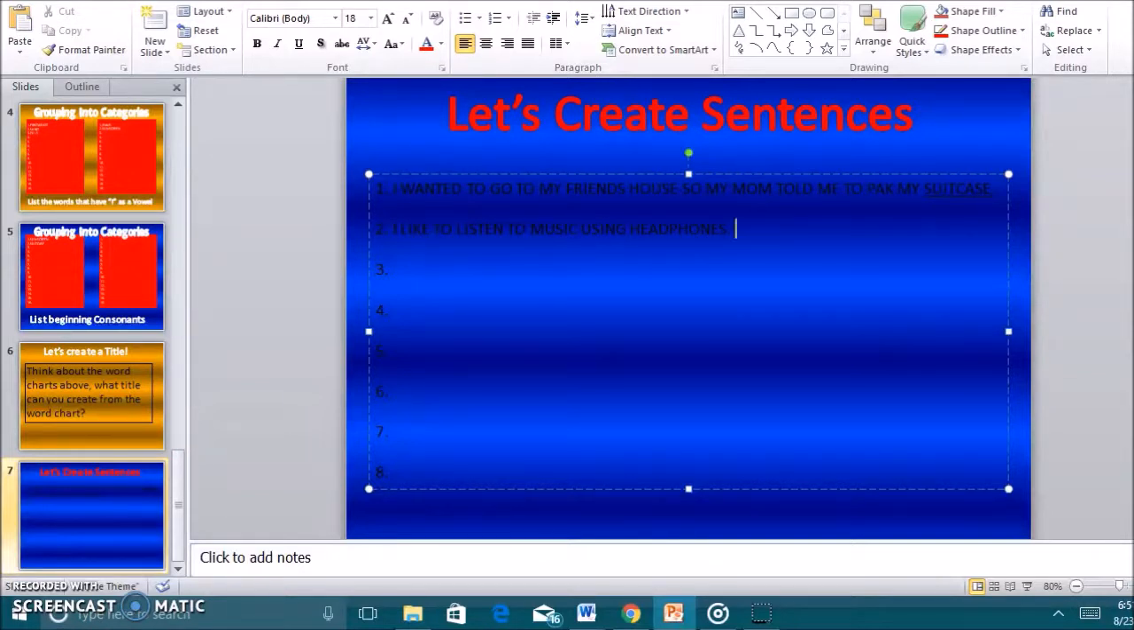Remember to create your title, separate your words, group them together, and remember to label your picture chart. The only thing that you need to turn in tomorrow